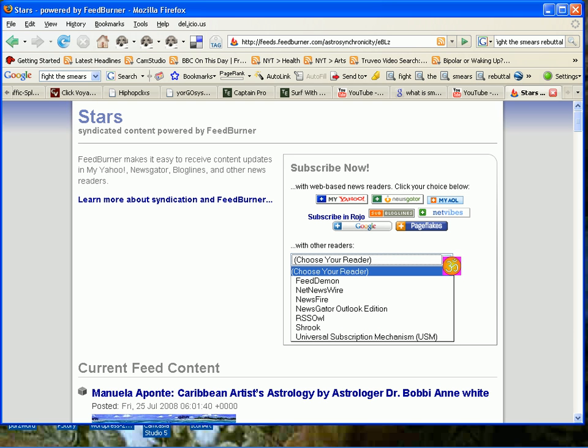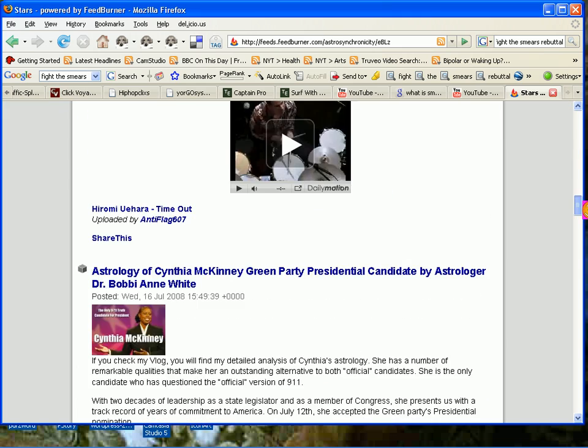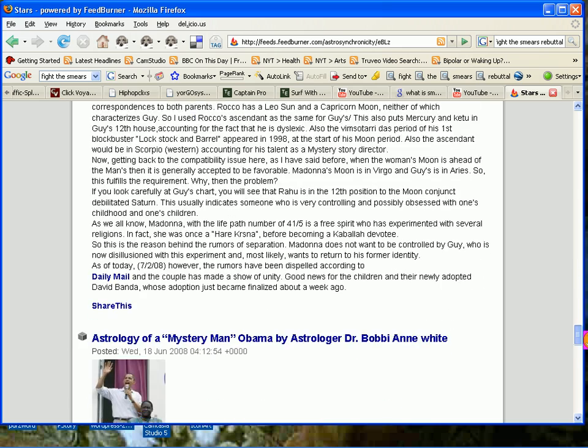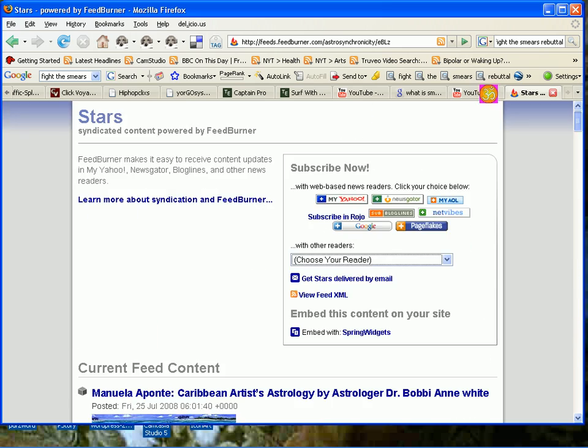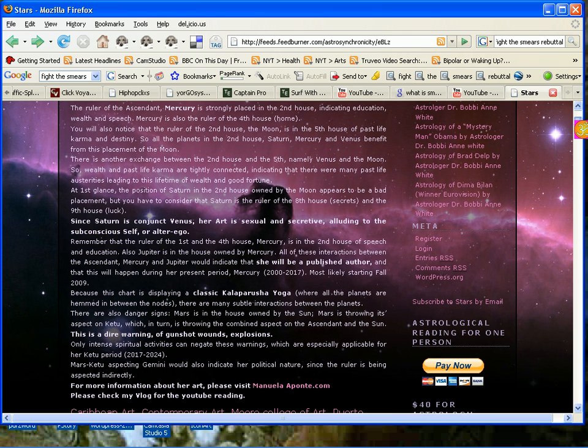You can choose what reader you want, and you can get your own account and so forth. It's also going to tell you pretty much all of the different articles that have been posted on this particular blog. So that's what an RSS reader will do for you. You put that in here, and as I was speaking to you about before, there is a way of setting that up